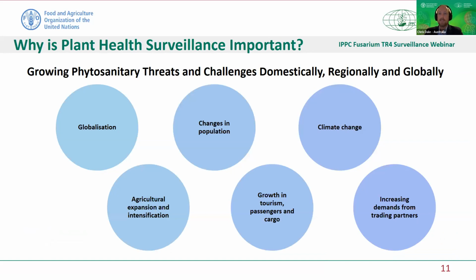So into, I guess, more of the principles behind national reporting systems and the importance of plant health surveillance. Essentially, we know that there are growing phytosanitary threats and challenges at both a national or domestic and a regional and global level. And I think many of you will appreciate that fall armyworm has been probably the best case study of that at a global level, really, with the speed and efficiency at which fall armyworm has moved across the globe in a very fast and efficient manner, but also